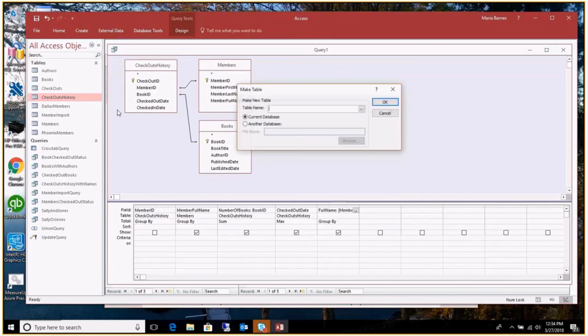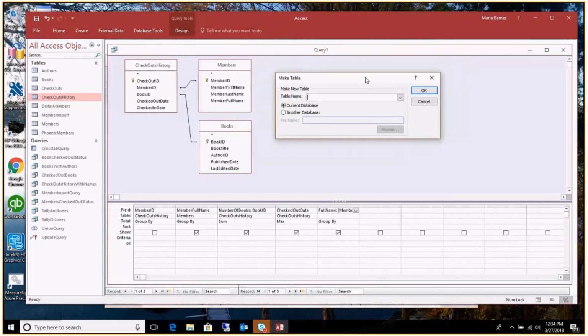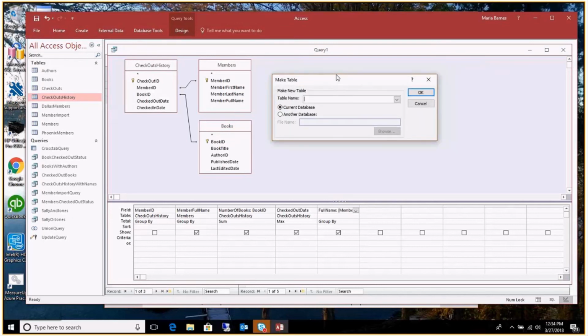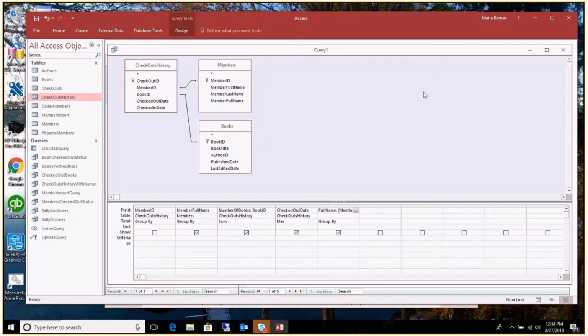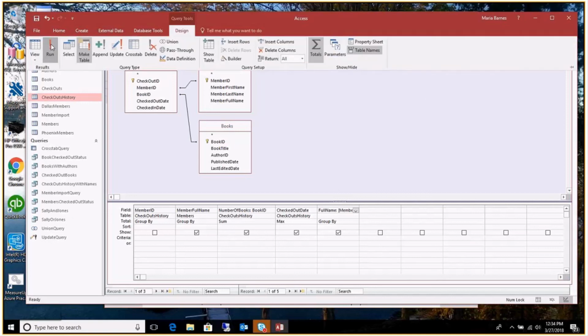Make table. What you basically would do when you select that is just type in the name of the new table that you want. You can do it in the current database, or you can do it into another database. It will run that select query, and it will put the results into that other table. So when you run that,